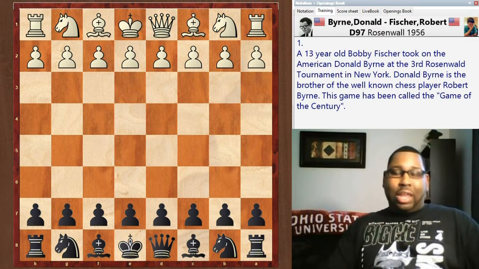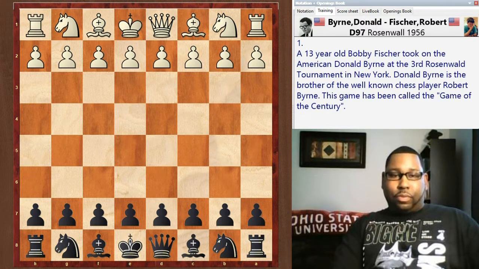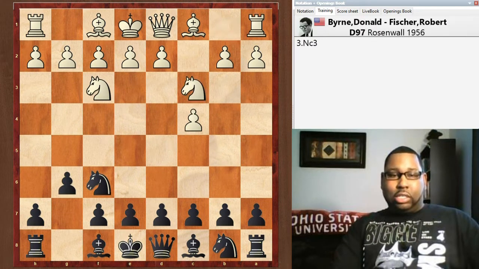So let's go ahead and dive into this game, see what transpired on the board. This game here has been called the game of the century. And let's go ahead and see what happened. Fischer was black, Byrne was white. Knight f3, knight f6, c4, g6, knight c3, bishop g7,